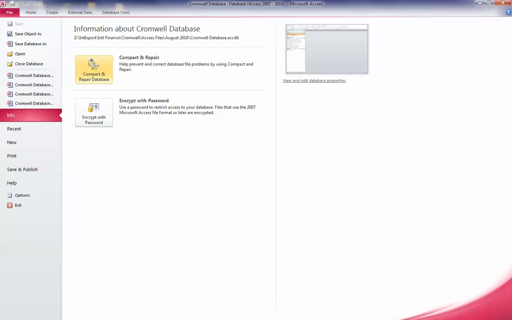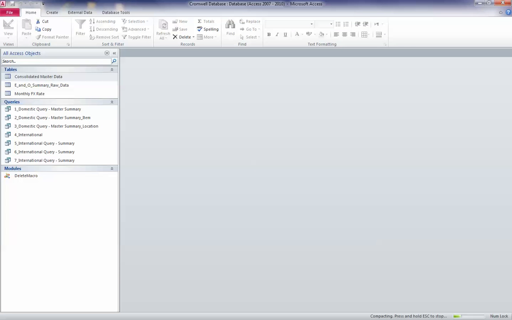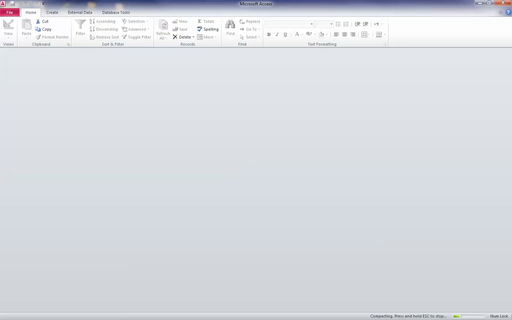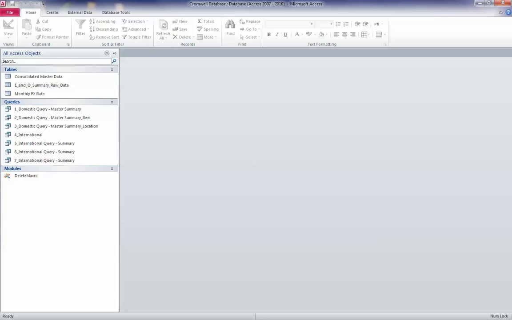I guess I'll hit it just so you can see what this next screen looks like. So it's going to let me know that it's compacting and repairing the file. Once this is done, this screen's going to populate fresh, and then we can start working on it from there. So I'm going to wait until this is complete. Now that the file is done compacting,